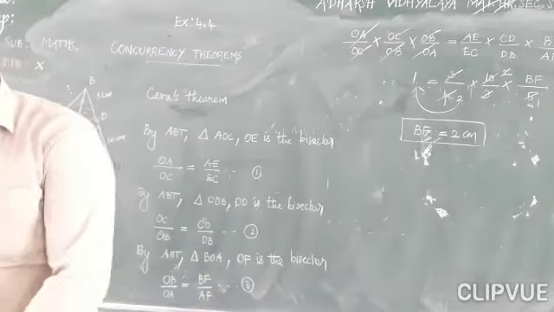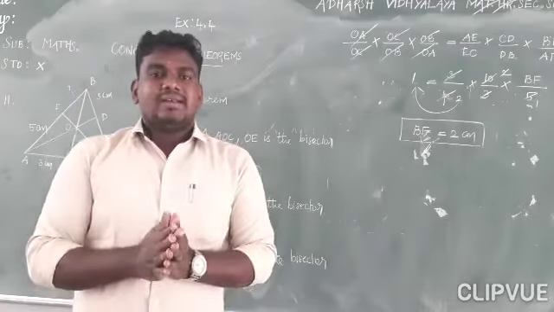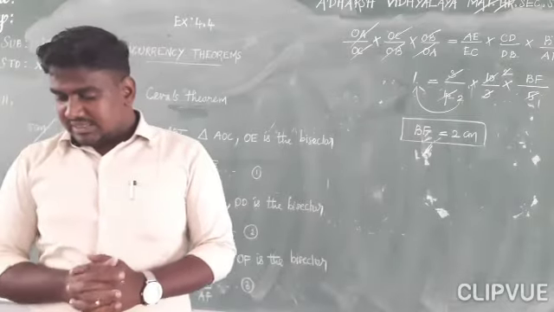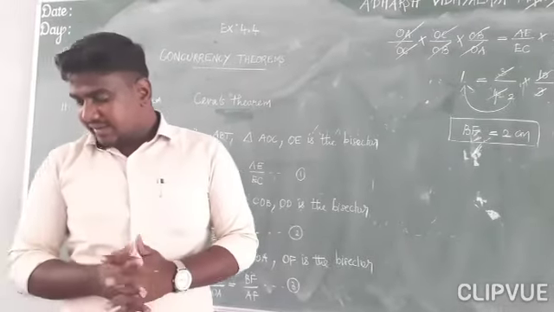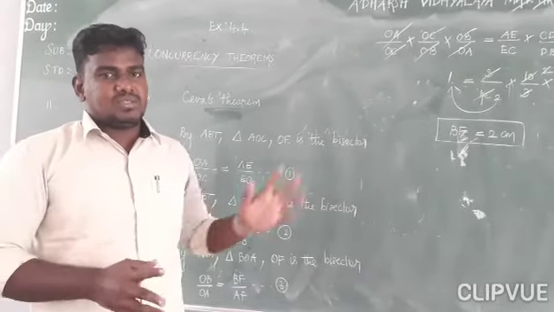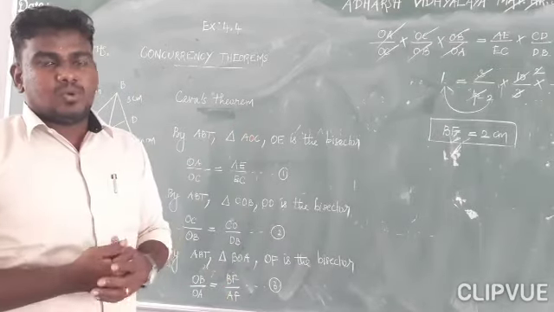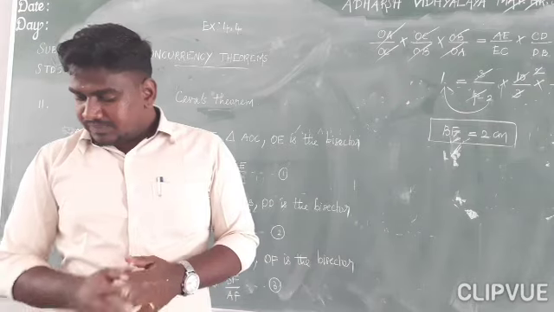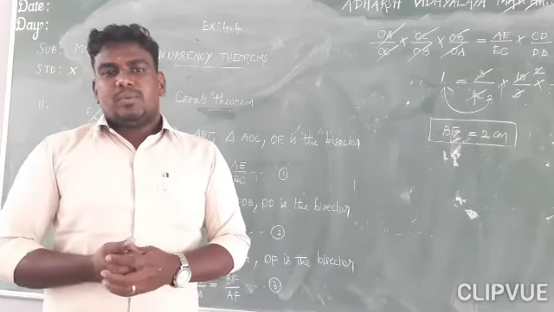Examples 4.32 to 4.34 are related to Ceva's theorem. So try to solve those problems. They are given in the textbook on pages 192 and 193. I have done two exercise problems related to this, and I have taught you the theorem without proof. Learn this properly, and next class I will teach you Menelaus's theorem without proof and related problems. We'll see.